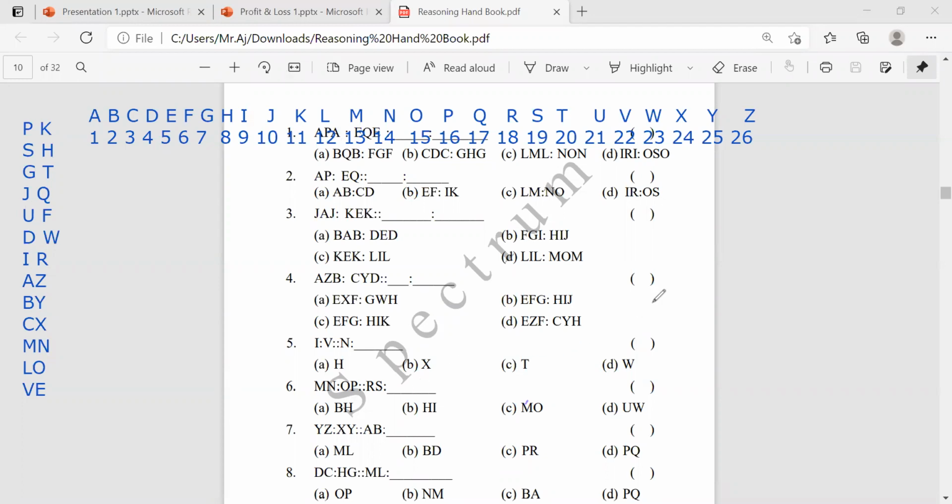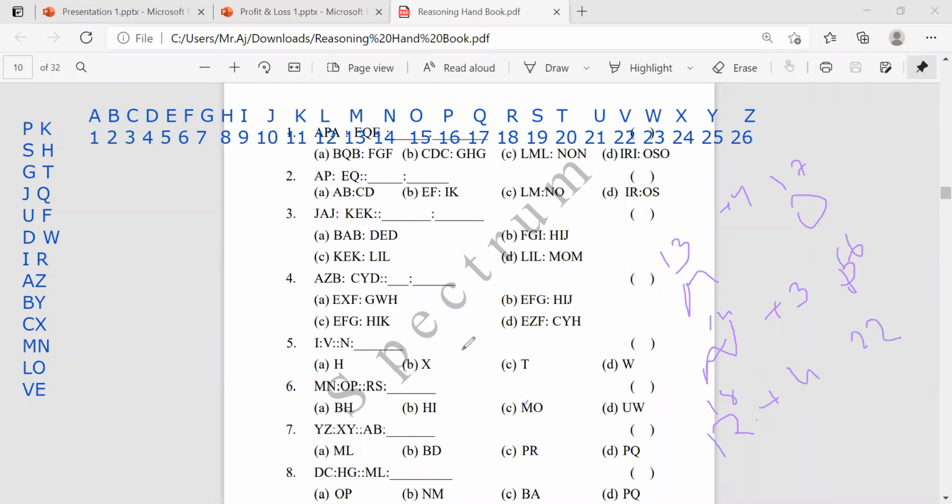Q. Okay, MN. What's the logic? It is M and they given O. M letter is 13 and O is 17, plus 4. And N is 14 and it is 16, P is 16, plus 3. Okay, R is 18, right? R is 18 plus 4, 22.